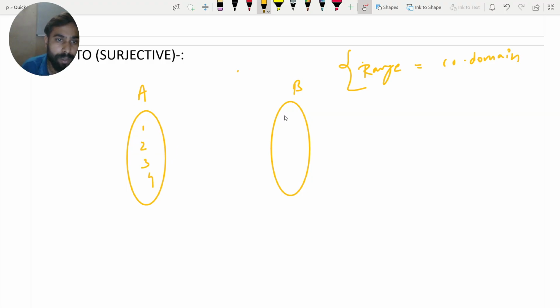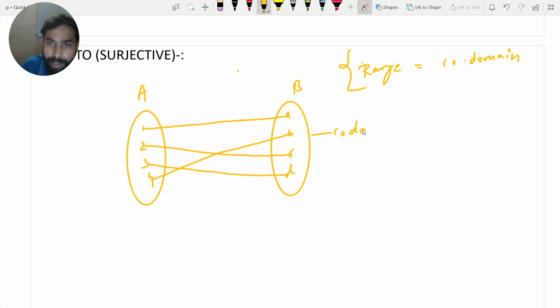We take some example, A, B, C, D. Now, 1 has image on A, 2 has image on C, 4 has image on B, and 3 has image on D. So here this is the codomain, and this part which is matching is called the range.